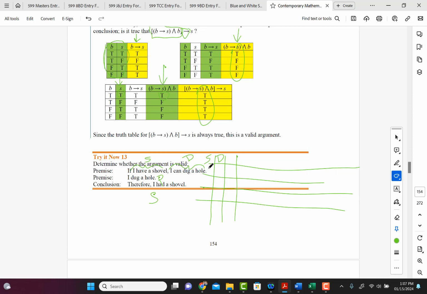Okay, so we put up our combinations. So T, T, F, F, T, F, T, F. And now the first thing we're going to do is we're going to set up this argument symbolically. So we have, it's going to be what? S implies D, and then D, and then the conclusion